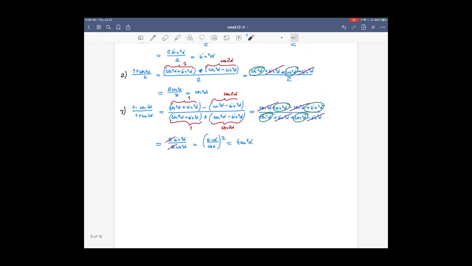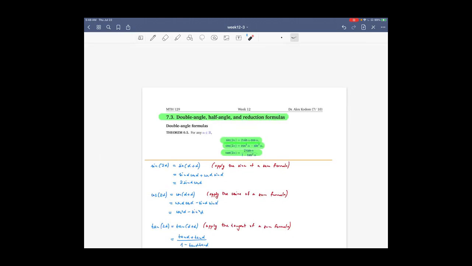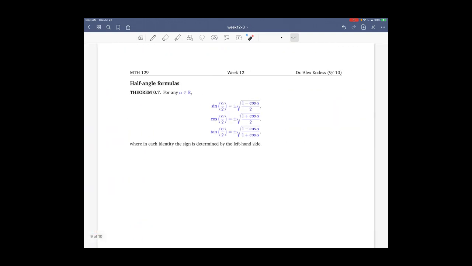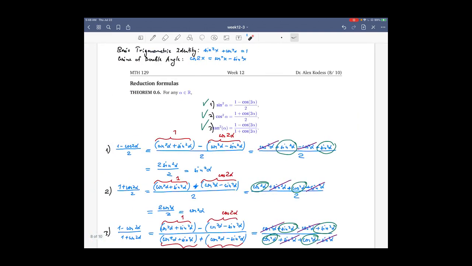Another consequence of double angle formulas is the half angle formulas. We can express sine, cosine, and tangent of half angles using radicals. And these follow directly from the formulas on the previous page. For instance, we have